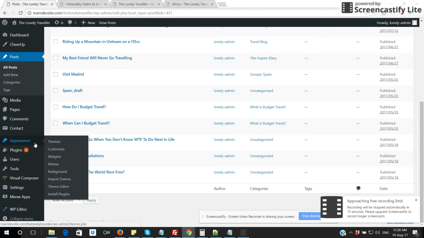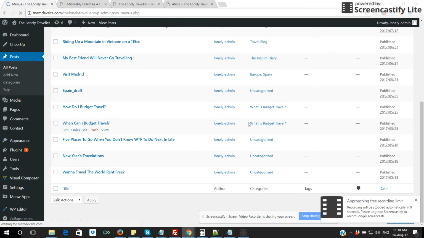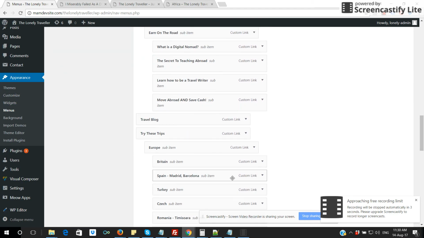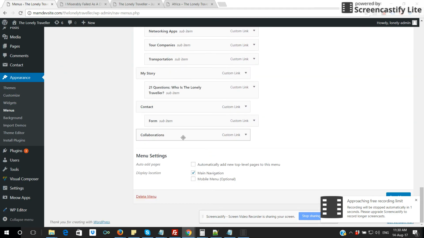That's all for how to use WordPress. The only thing left is menus here. The way to use menus is any page that you add new, it will go to the top here, and you click add to menu and it will go to the bottom. After it's going to the bottom, you can select